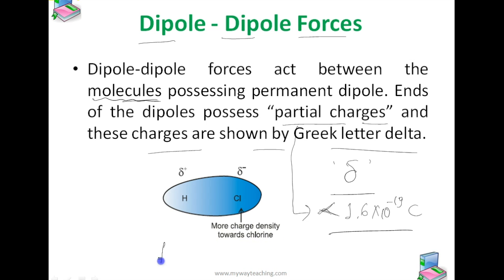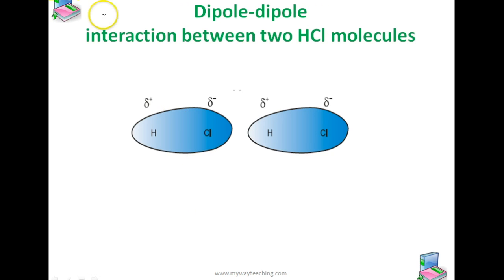So this is figure A. As shown in this figure, it is the electron cloud distribution in the dipole of hydrogen chloride. We are seeing HCl, and how it is distributed. And one other figure I will show. This is the dipole interaction between two HCl molecules. This is one and this is two. Therefore, there are two HCl